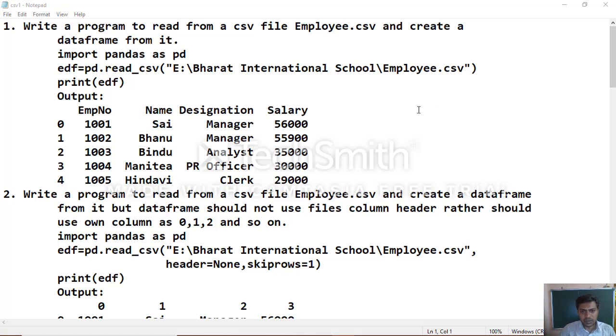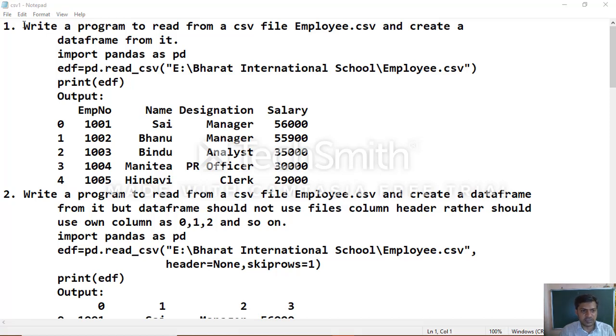Okay, now let's start with one example. The first example, what they specified: write a program to read from a CSV file employee.csv and create a data frame from it.